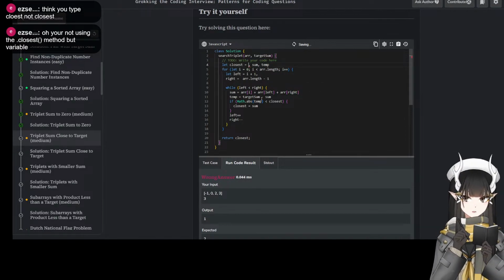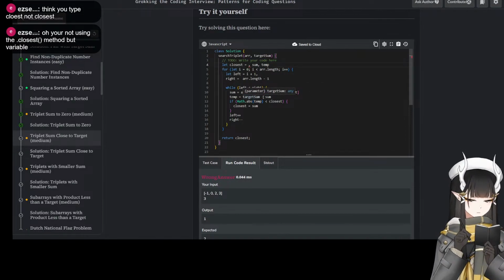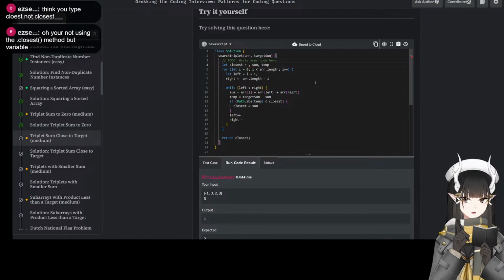I just need to initialize a value that I'm sure is not going to be the first one.